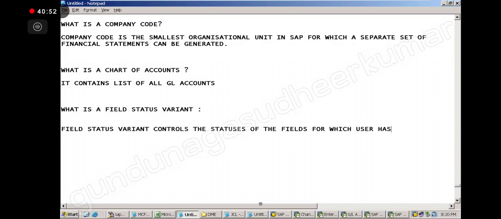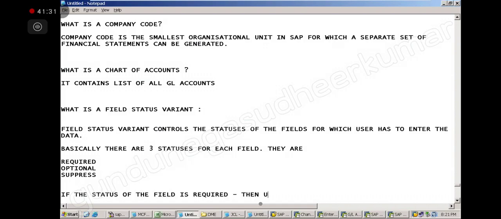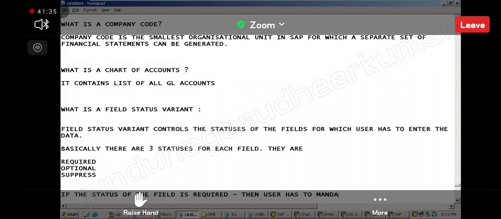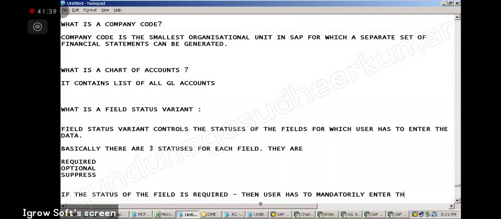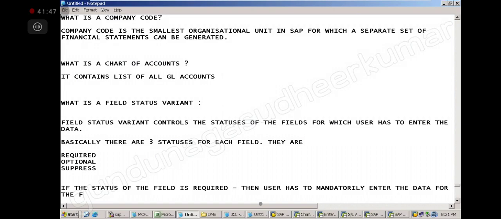Basically, there are three statuses for each field: suppress, required, and optional. If the status of the field is required, then the user has to mandatorily enter the data for that field.